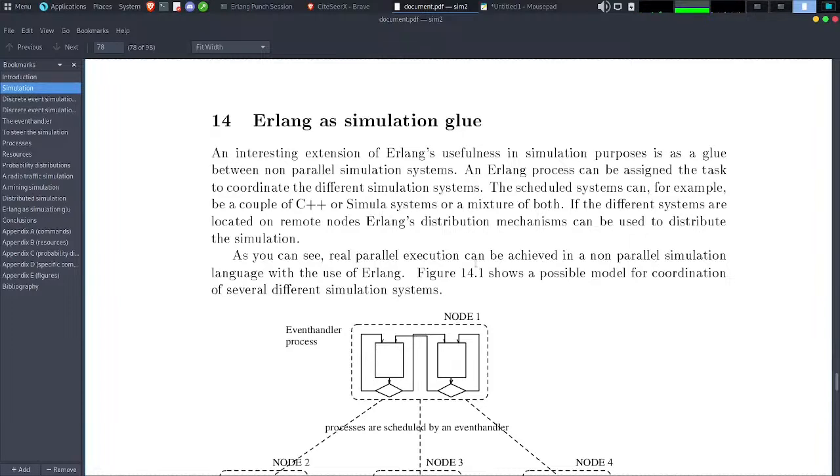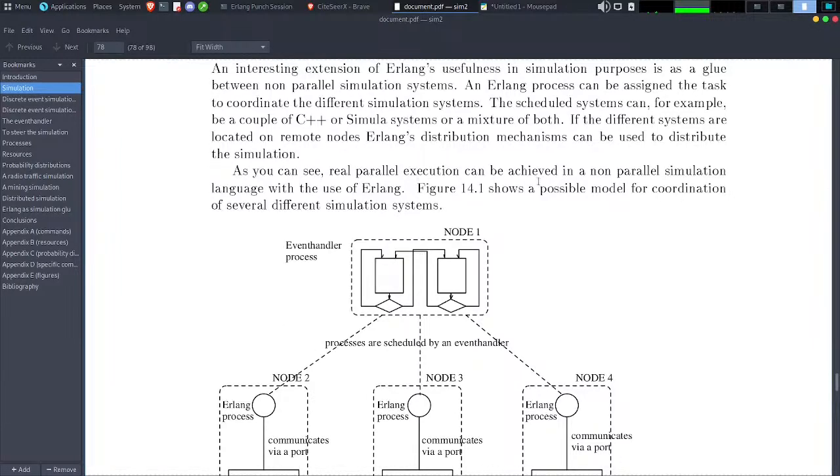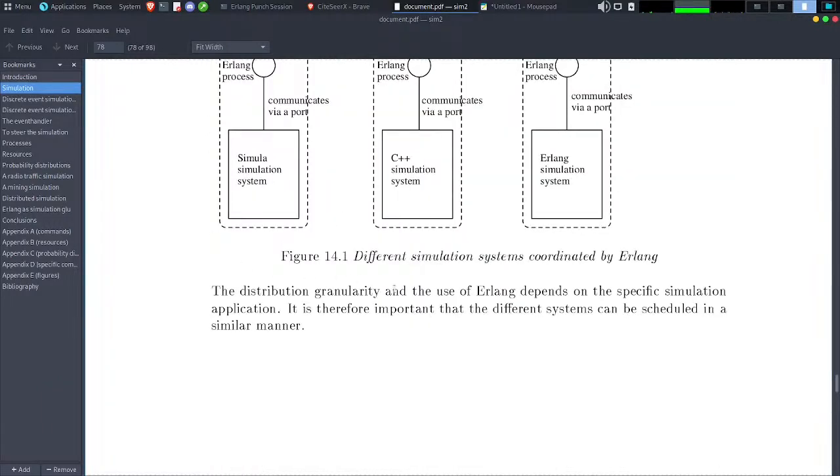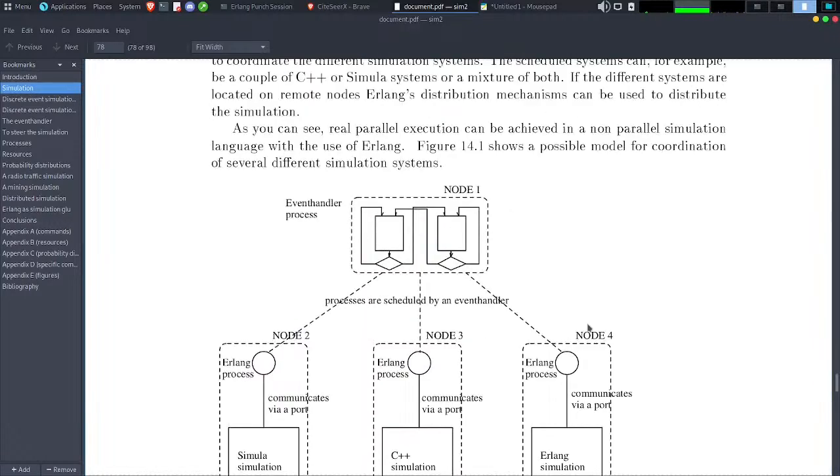If the different systems are located on remote nodes, Erlang's distribution mechanism can be used to distribute the simulation. As you can see, real parallel execution can be achieved in a non-parallel simulation language with the use of Erlang. The distribution granularity and the use of Erlang depends on the specific simulation application. It is therefore important that the different systems can be scheduled in a similar manner.